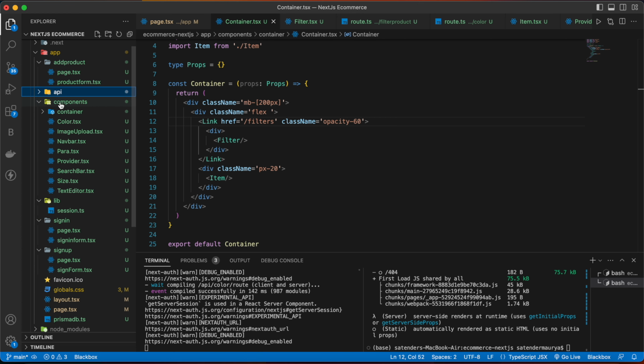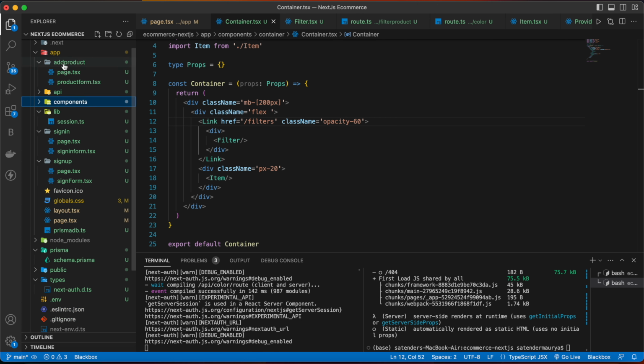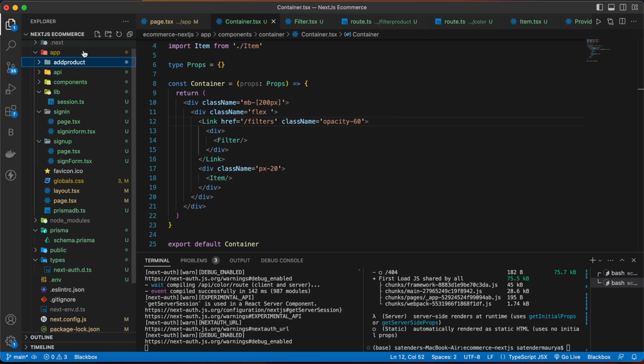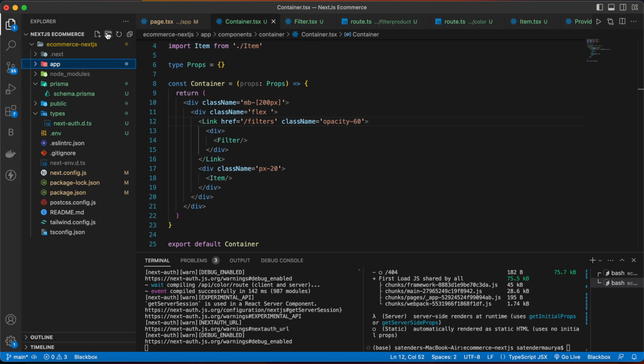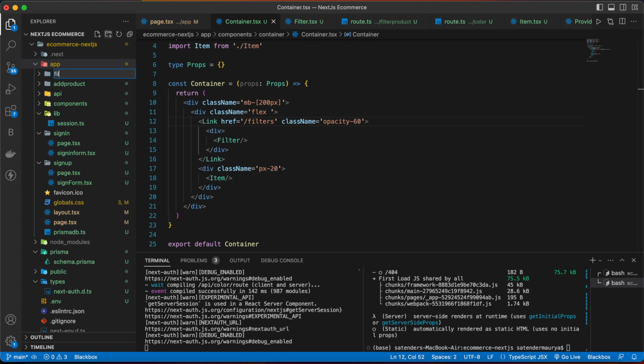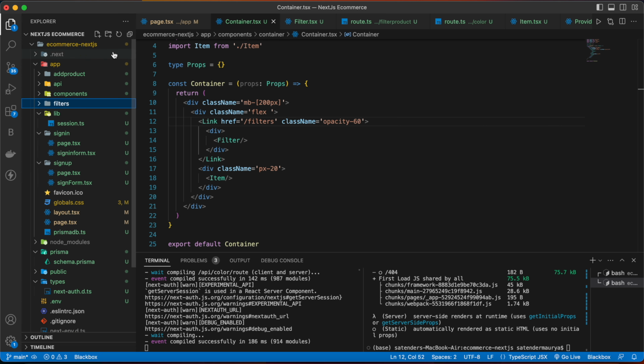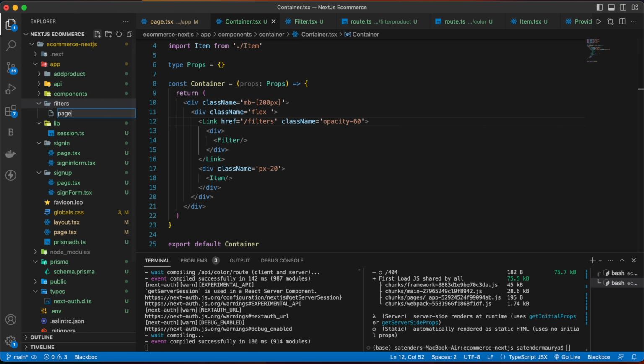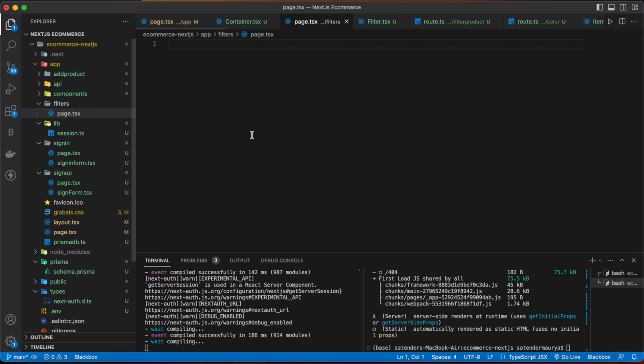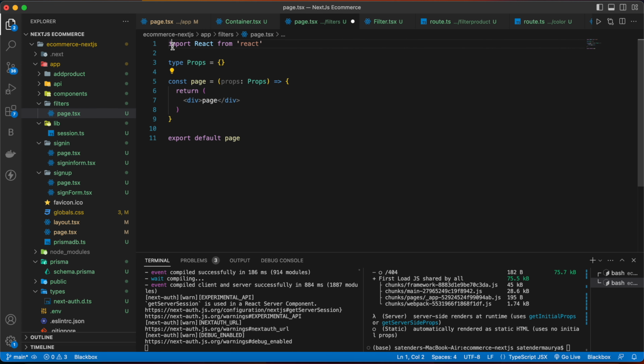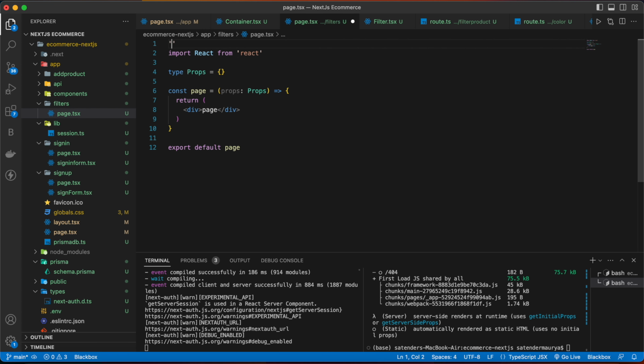So first close this, and inside the app directory make a folder named filters, then page.tsx, and first make this a client component.